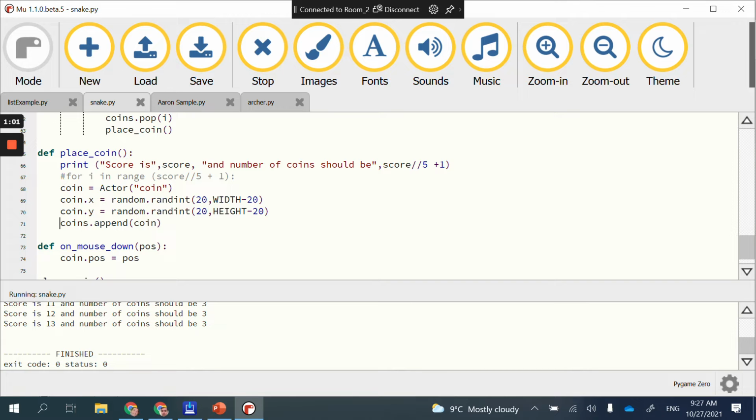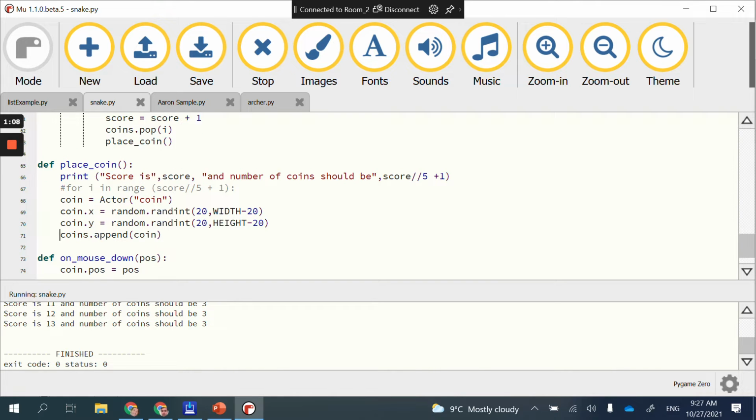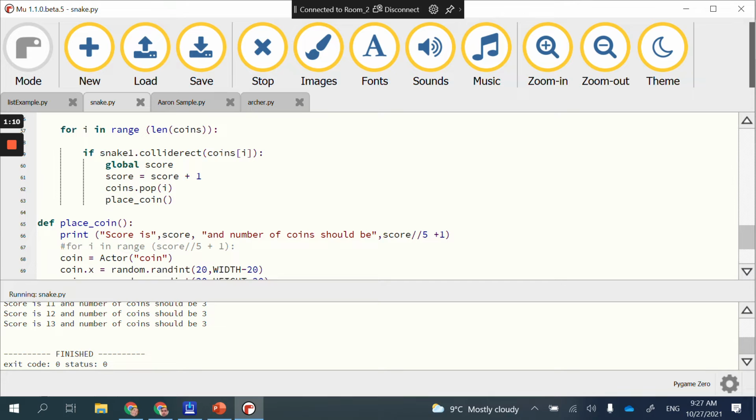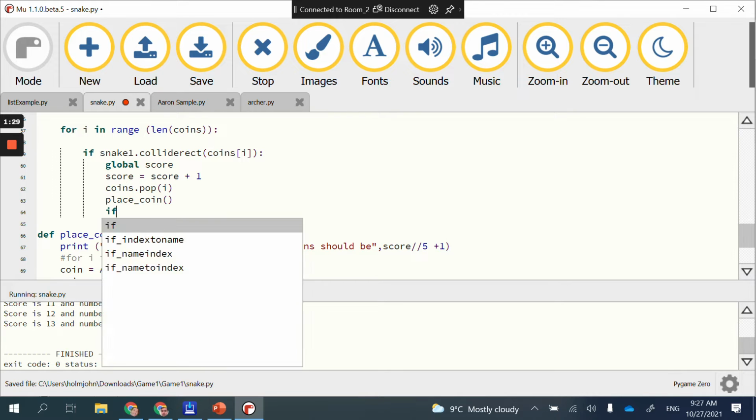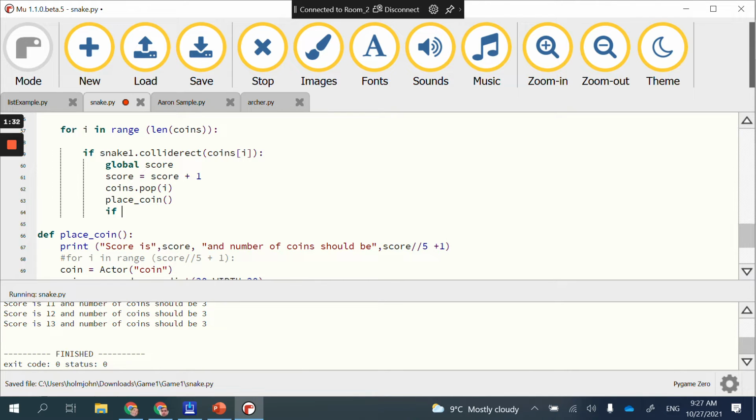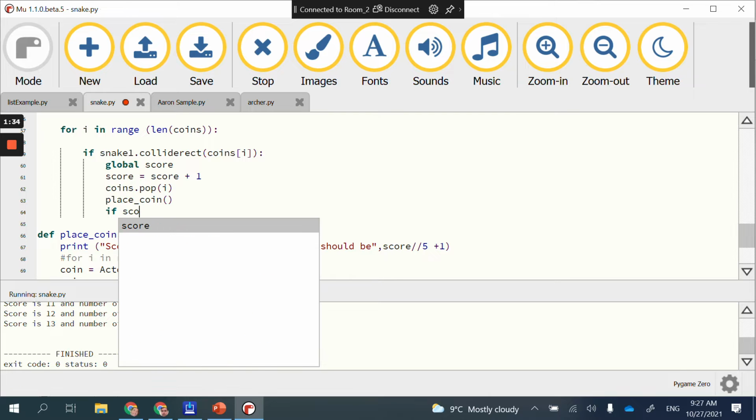The key thing is that if I hit 5, then I want to really call my place coin a second time. So what I could do is every time I collide, I absolutely have to place a coin. But I could also at that point check to see if I've reached my value of 5. And if I am, then I just call it one more time. So if I've just collided, I need to find, am I at that value of 5? So if the score,